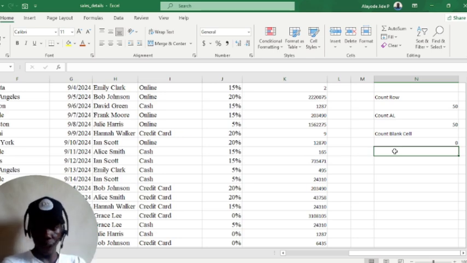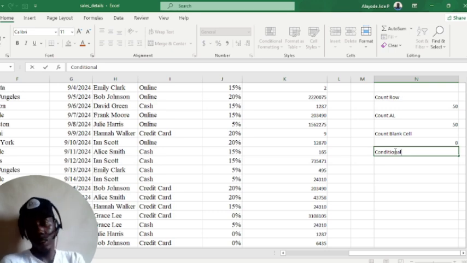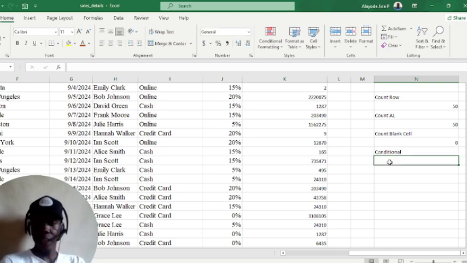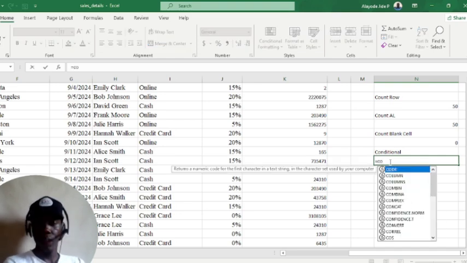Now there's another one under the counts. If you're given a conditional, I want to count the numbers of whatever. For example, I want to do a conditional counting. It's just like somebody saying that before I can work with you, before I can go out with you, you must provide like this. This is a conditional stuff. Now, what do they mean by that? You do your normal counts. You come down here, you do count